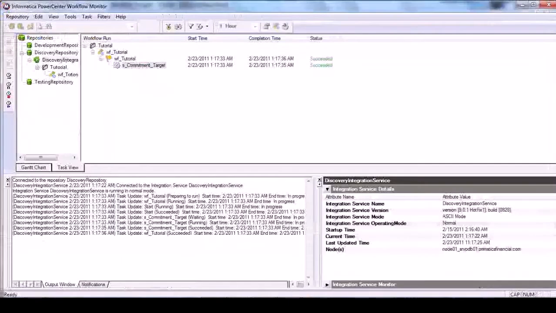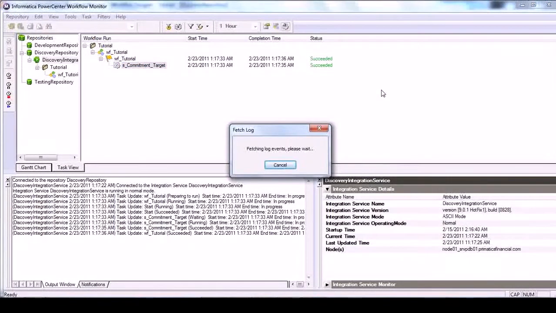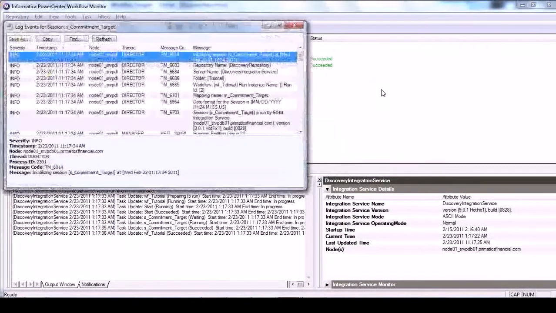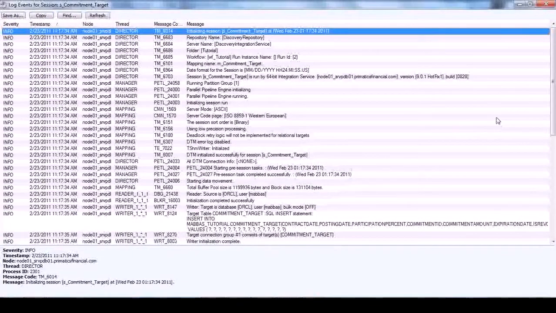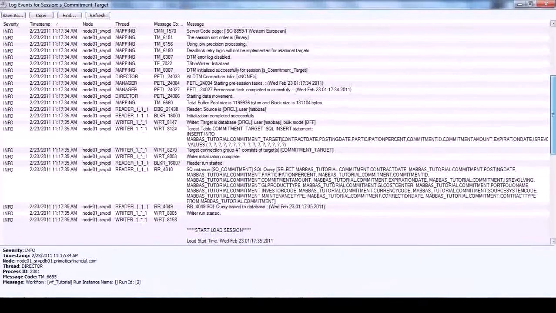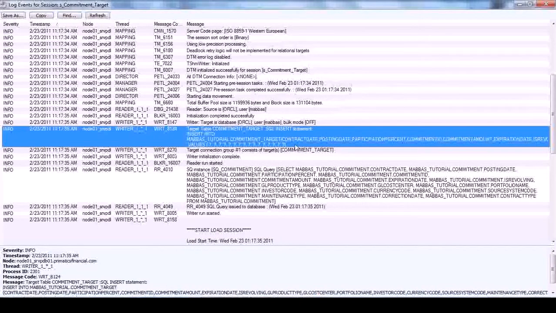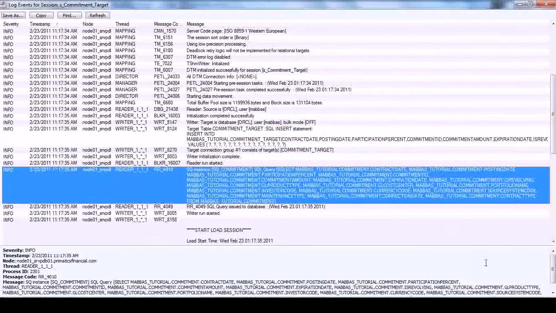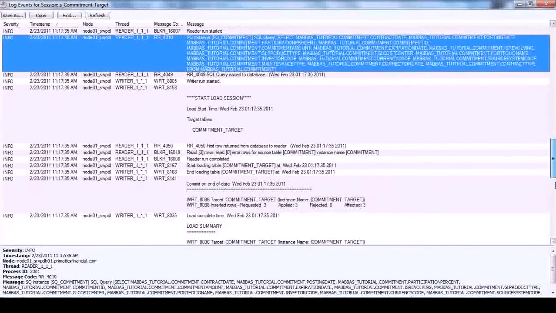We can also look into some of the properties or some of the session log. So let's look at the session log. What steps did it perform? Okay, so here you can see some of the major things: mapping names, workflow name, ID which is being assigned. This is the insert table statement, which was created through that SQ object. This is the select statement, which is being created, and just insert and select.